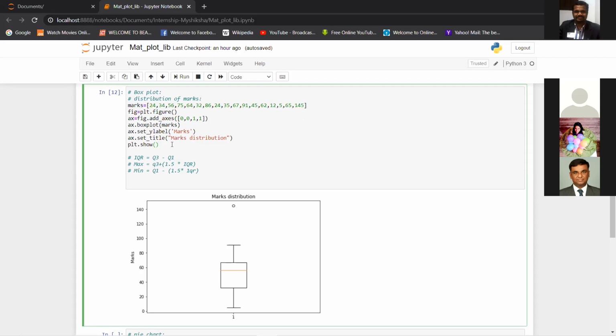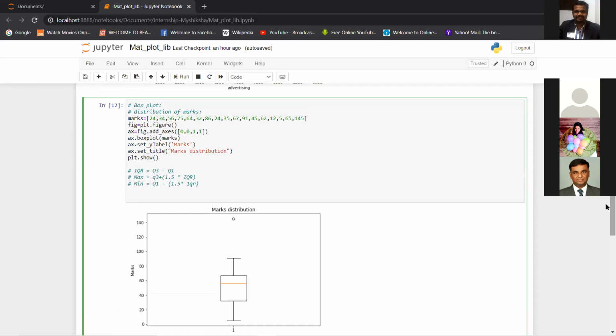So you can identify outliers using the box plot, and you can remove them. We will discuss some techniques for removing outliers from your data. This is how the box plot is used to see the distribution of your data: what your median is, what the quartile values are, and if there are any outliers like this.